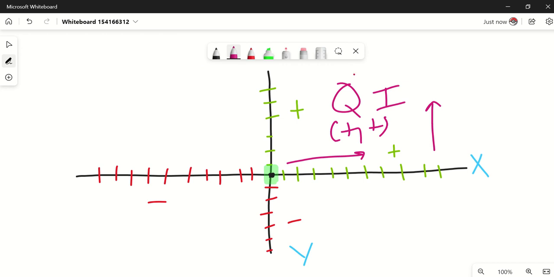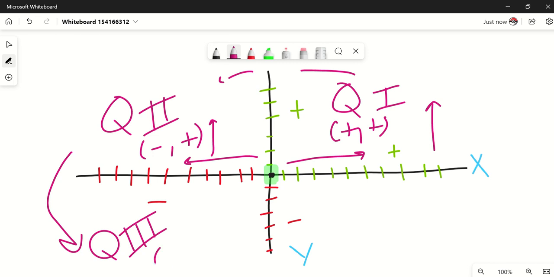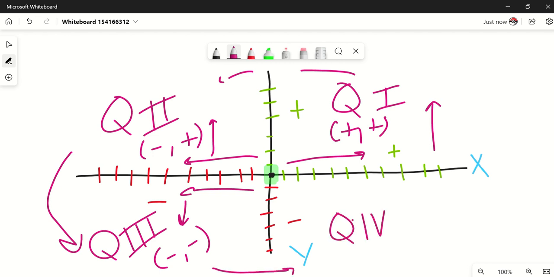Then we're going to go counterclockwise. So to the left, we will have quadrant 2. This will be negative, positive, as we must go left first and then up. Continuing on down our path will be quadrant 3, which will be negative, negative, as we go left, then down. And finally, we will have quadrant 4, written as IV in Roman numerals, which will be right and then down,